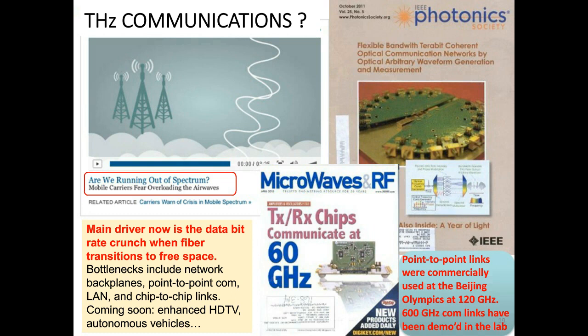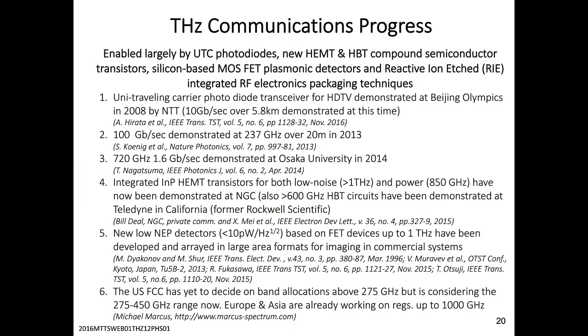So you're not going to be able to use this really above 300 gigahertz with any long distance type of communications. But for point-to-point links or some even chip-to-chip type systems, or maybe even network backplanes, there may be a use for very high-speed comm type circuitry that can use terahertz devices. And I'll point out just a few of the things that people have been working on and pushing in this